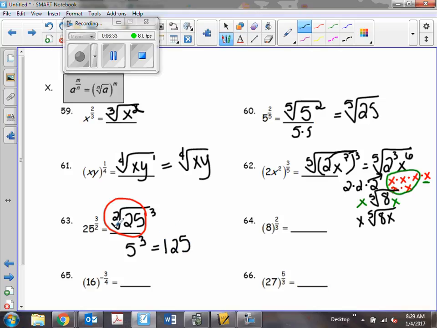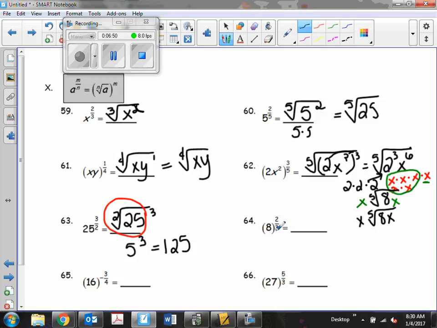Sometimes it is easier to take the square root. Sometimes it is easier to distribute. It just depends upon the problem. So number 64 is, again, a problem that is easier to actually deal with the radical first and